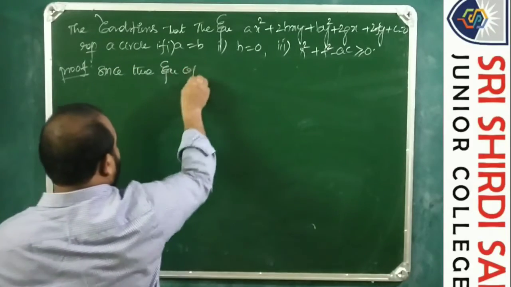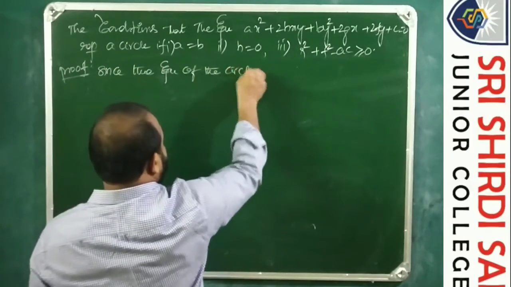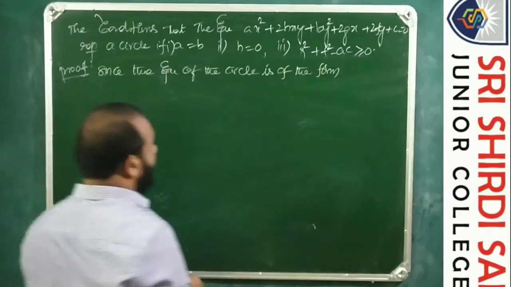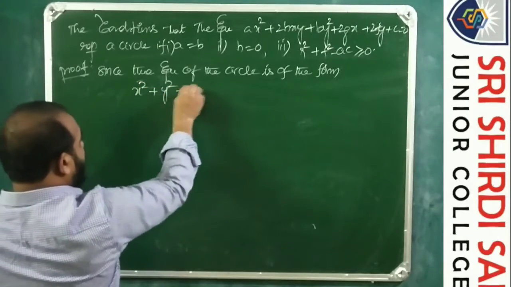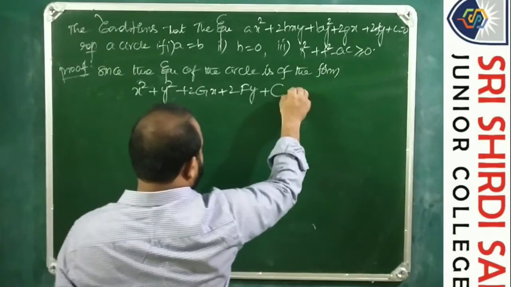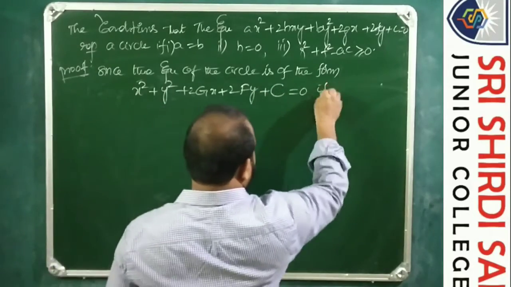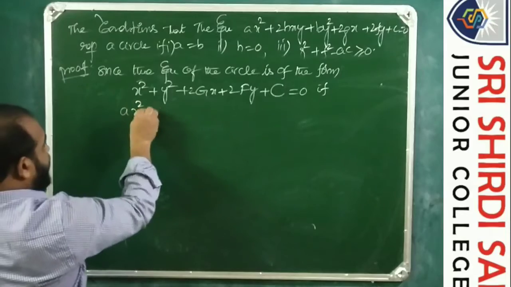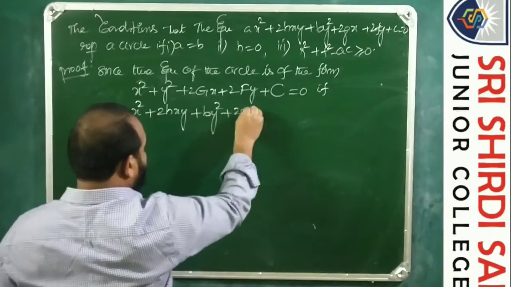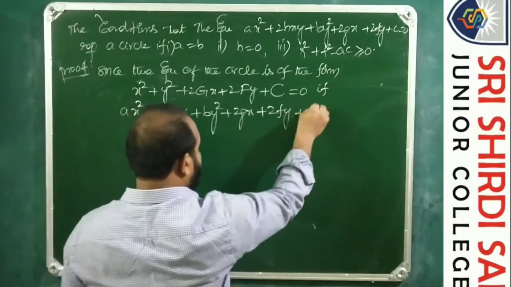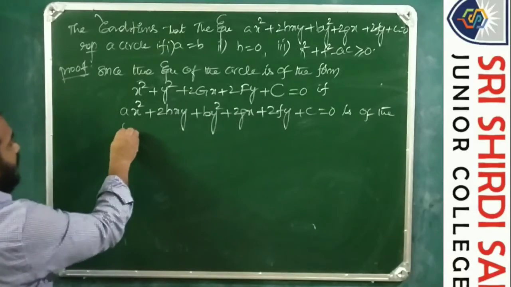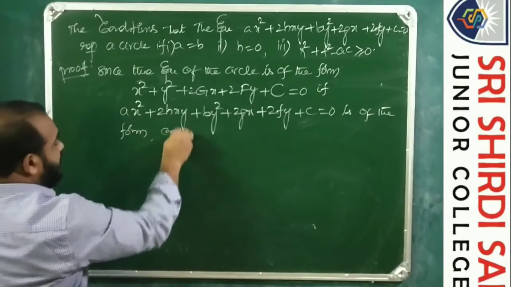Since the equation of the circle is of the form x square plus y square plus 2gx plus 2fy plus c is equal to 0, the general second degree equation ax square plus 2hxy plus by square plus 2gx plus 2fy plus c is equal to 0 must be of that form. Comparing coefficients,